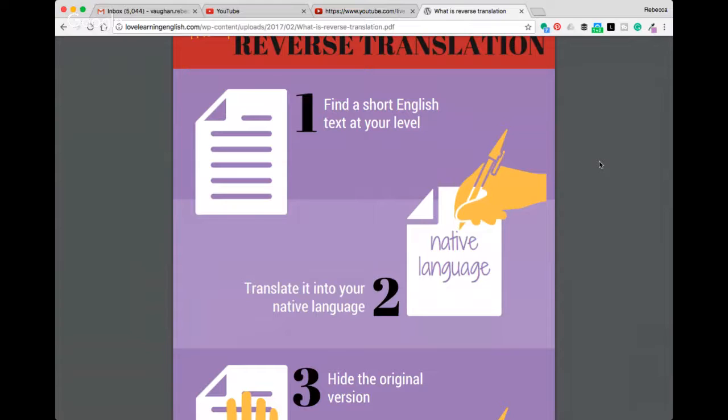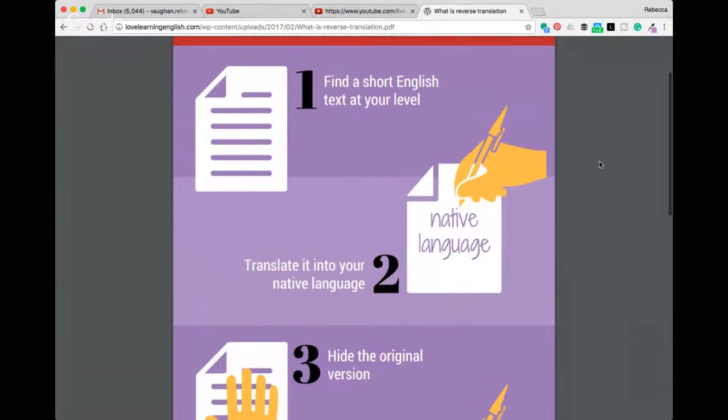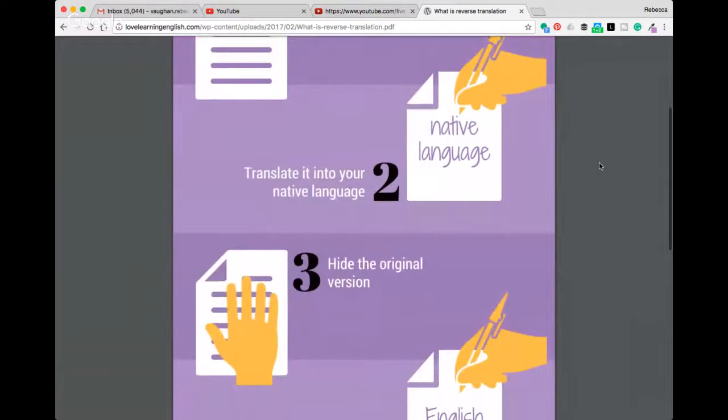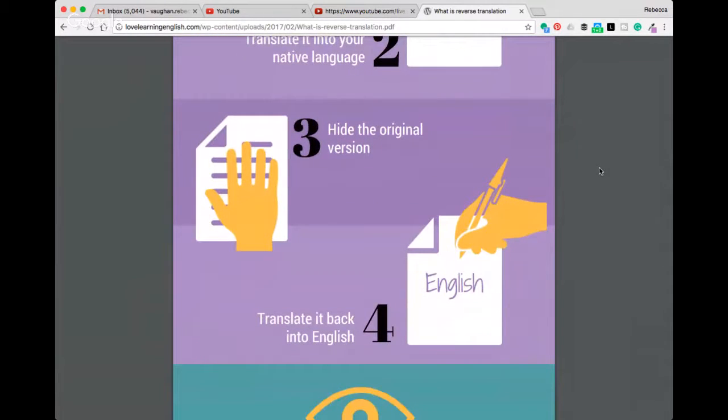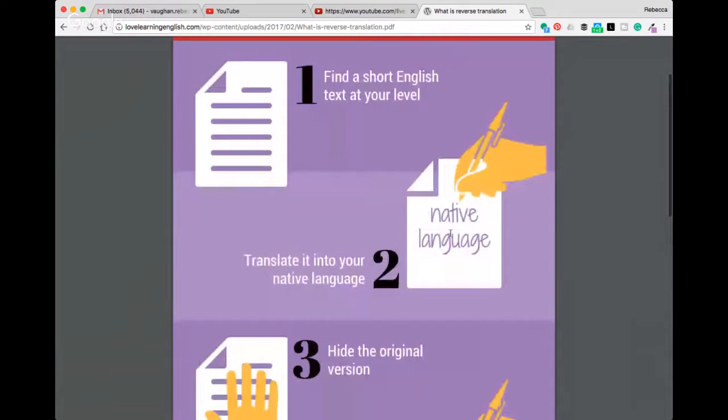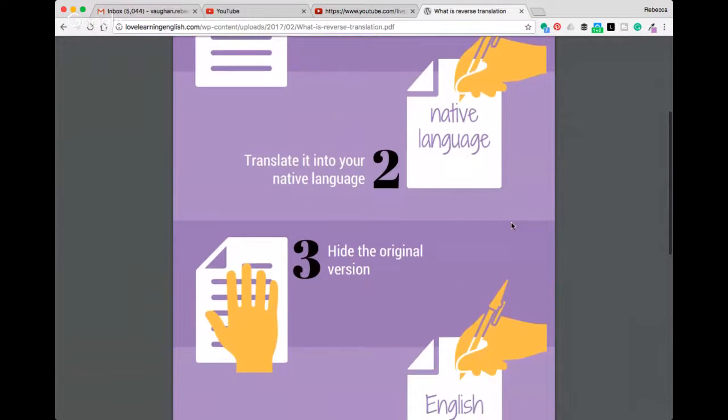So you've translated a paragraph of text or just a sentence. So you hide the original version, so you hide your original English version. And then the fourth step is to translate it back into English. So I find a really good thing to do is wait for half an hour, okay? So you do your translation into your own language, you hide the original version, then go make a cup of